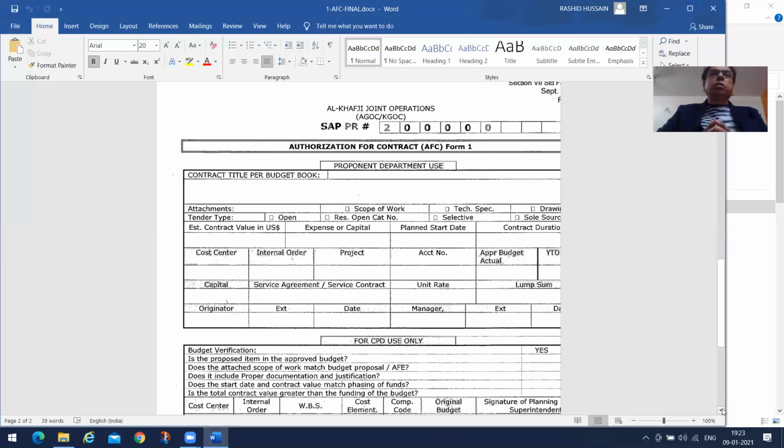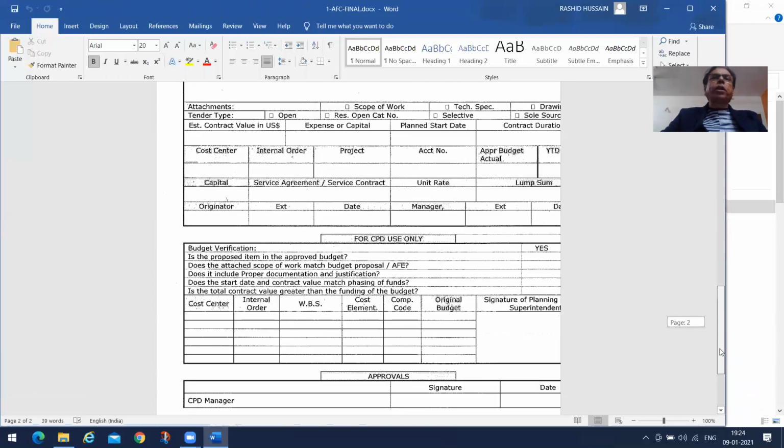The internal cost center, the internal order wherever applicable, project code, account number, approved budget, and actual variance year to date. Capital budget: is it going to be a service agreement, a service contract? Is it going to be a unit rate, a lump sum, or lump sum STK? And then finally, in the upper portion for the user department, the originator will sign with his extension and date, and the manager will approve. As soon as that is done, it is forwarded to the corporate planning division,